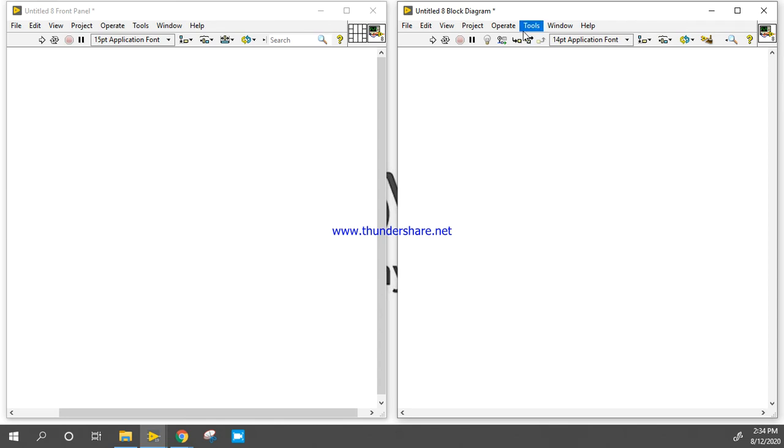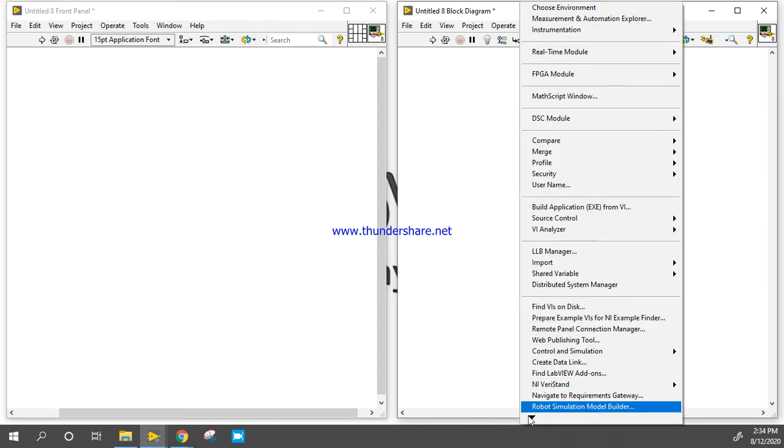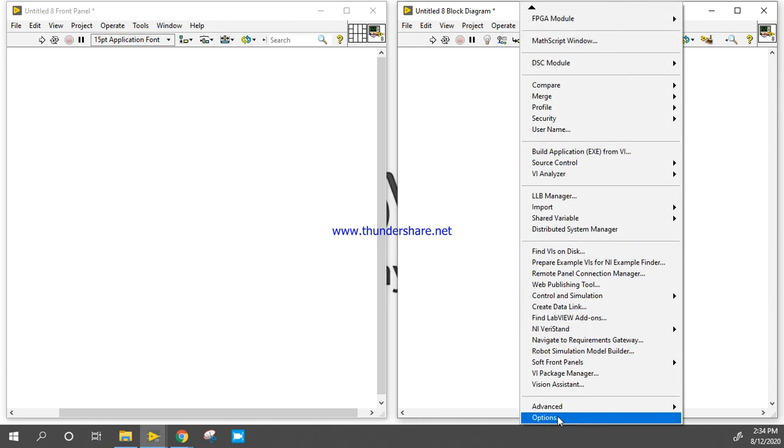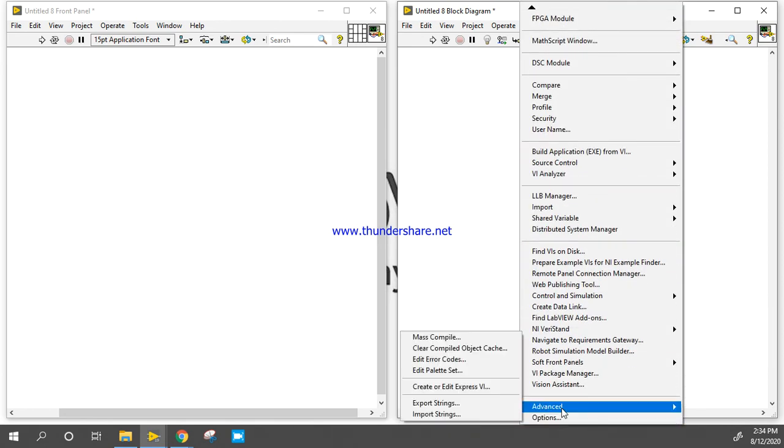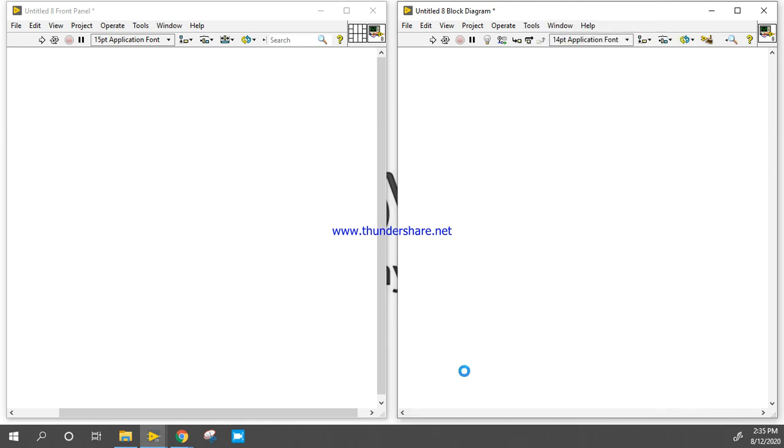For that, click on Tools, come down to Advanced, and in Advanced you will find Edit Palette Set. Click on Edit Palette Set. It will take a few seconds.